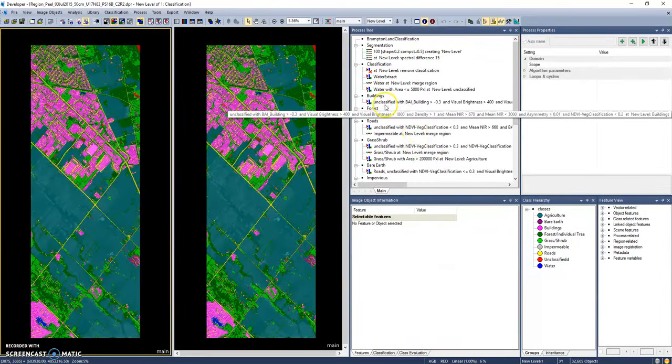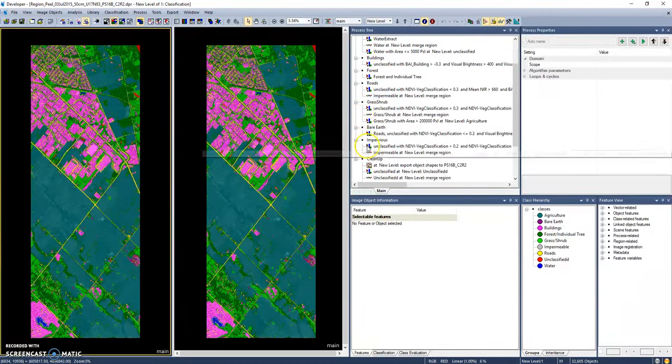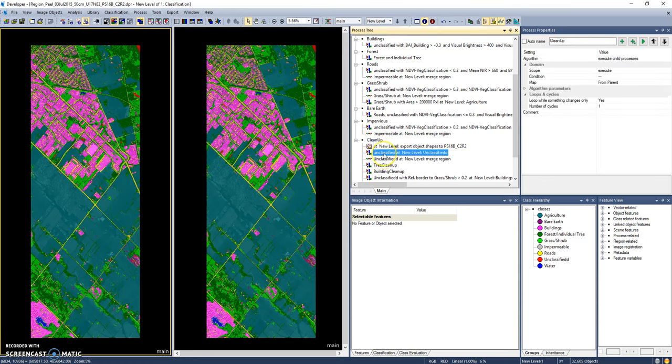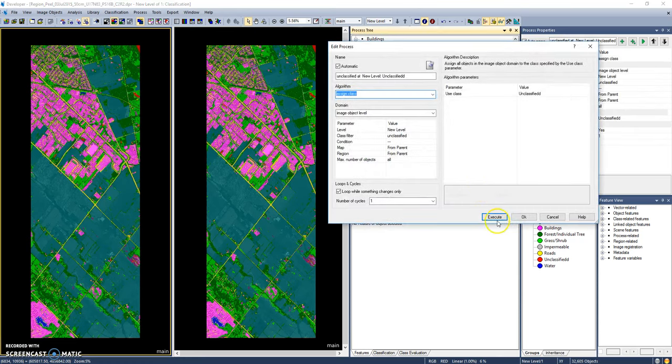So now that we have our forests and roads and agriculture classified, we now have a cleanup stage. And the cleanup stage is to classify anything that didn't meet into our classes. So shadows, any rooftops that had a different spectral value. And we do this just to create a cleaner and more accurate image or classification. So in my cleanup stage here, I have an unclassified class, and basically what we're going to do